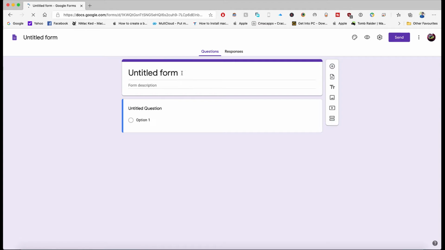So first you have to give the title. Just for an example I have given you, you can type whatever title you want to give. I am typing Syskarate, and the form description also you can mention below, whatever you want.